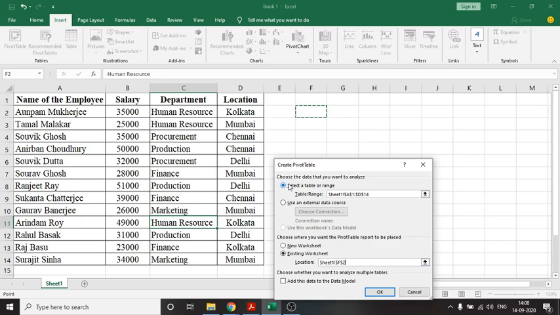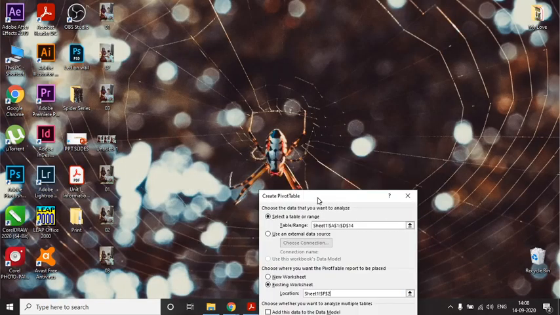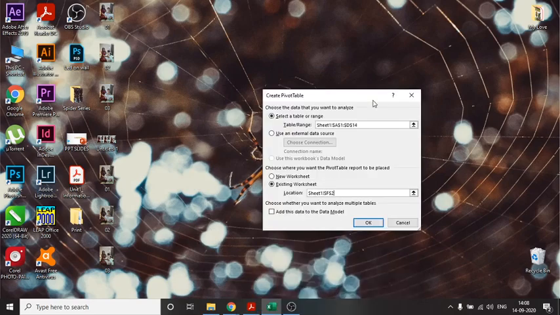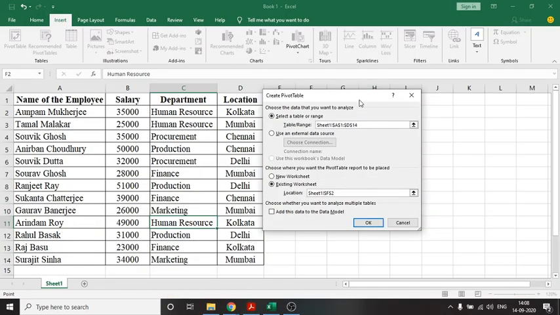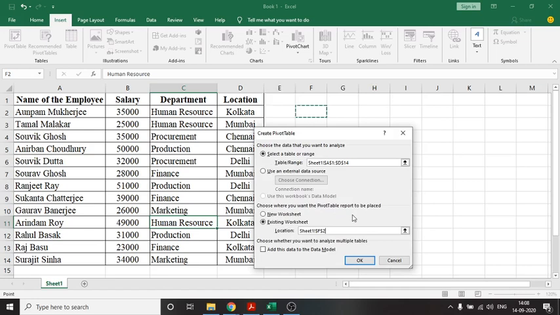So points to remember: selecting the data table or range is important. The entire data table must be selected. Be careful about that. The second option is not required. Go for the place where you want your pivot table to be displayed. If you want a new worksheet in which the pivot table is created, you can go for that. I'm not going there. I'm going to use the existing worksheet only. For that, I have given a location, this cell F2. Just click, remove this. This dialog box is movable, right? So you can move it and select any cell, then click on OK.